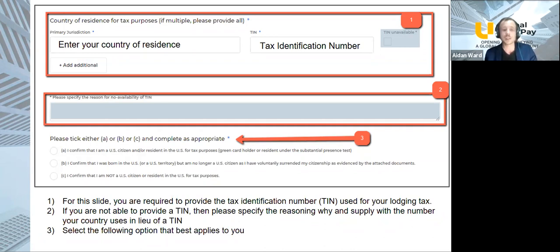Okay. Once you've done that, and you've either entered your tax number or provided a reason why you don't have one, all you have to do is click one of the three that best suit your situation. A, that you confirm that you're a US citizen or resident in the US for tax purposes. B, if you were born in the US but are no longer a US citizen or resident, as you voluntarily surrendered your citizenship, as evidenced by attached documents, which is why you would specify in other documentation. Or C,